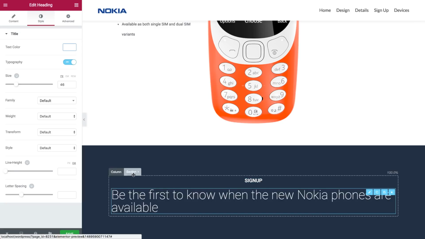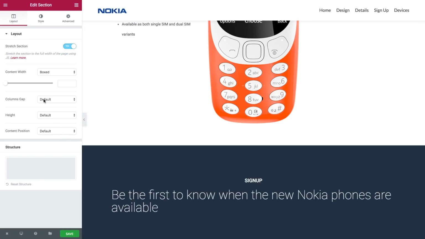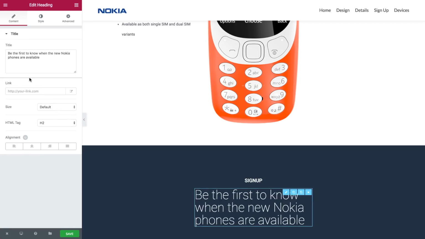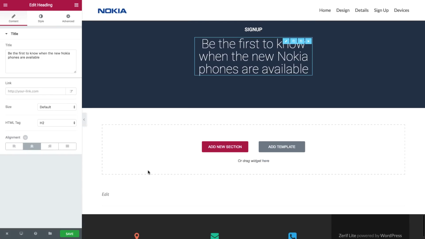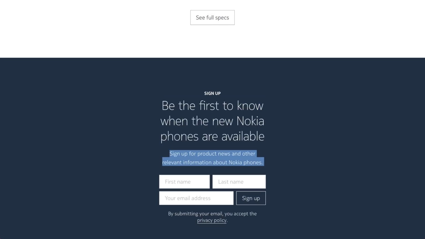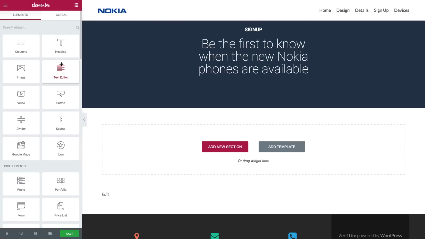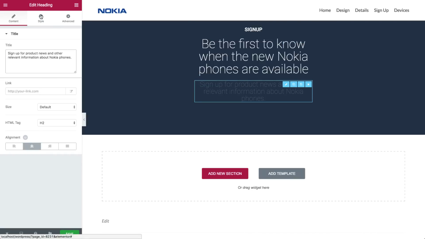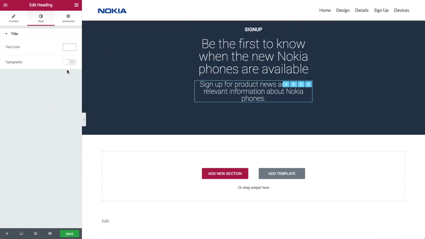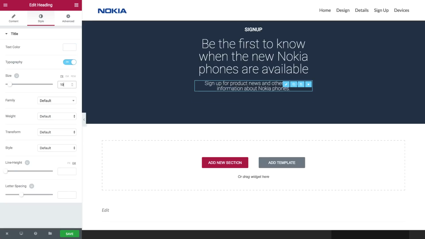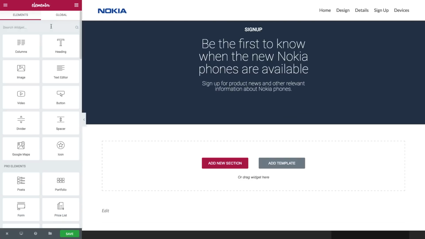Right, now I'll go to section, and under column width I will decrease the size of the section. 500 is not enough, so I'll change it to 400. Okay, set the text alignment to the center, and below it we have another heading. So I'll just copy the text, drag inside another heading element, paste the text, center, change the color to white and the font size something smaller, like 18, 19, 20, and below it I'll search